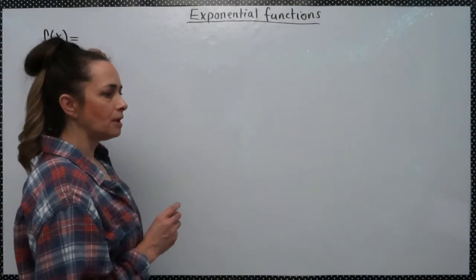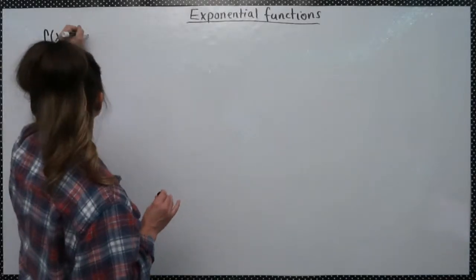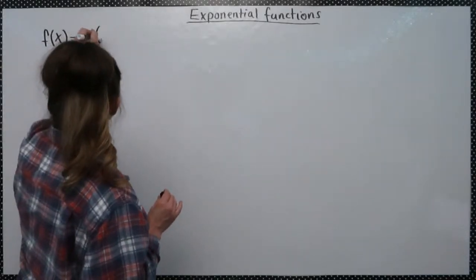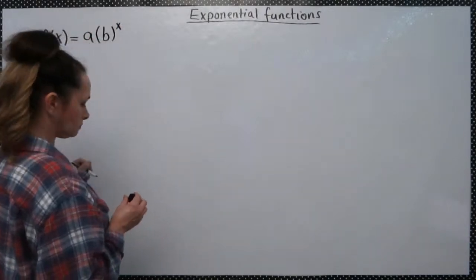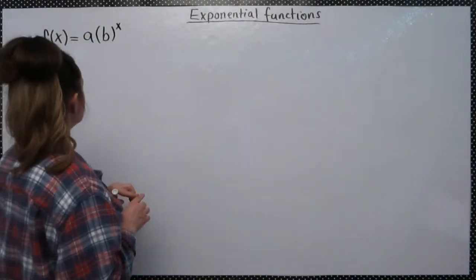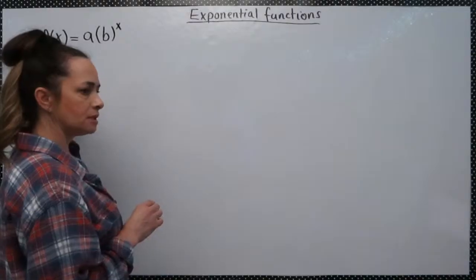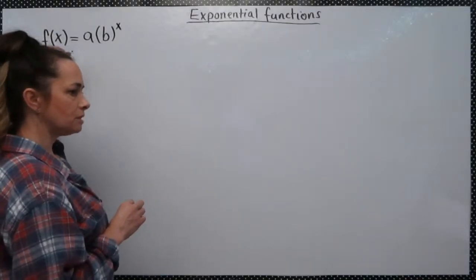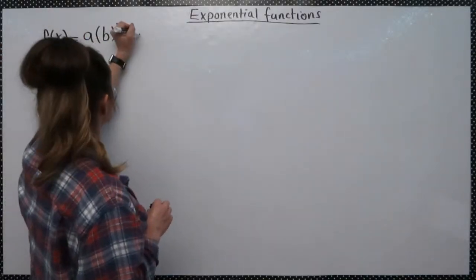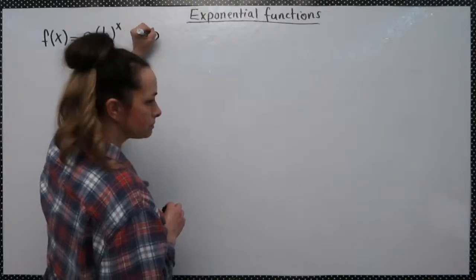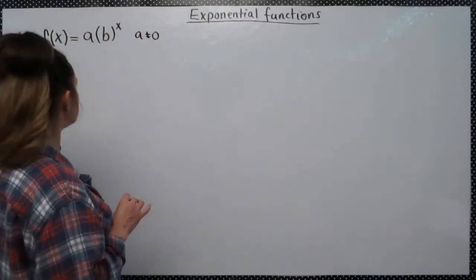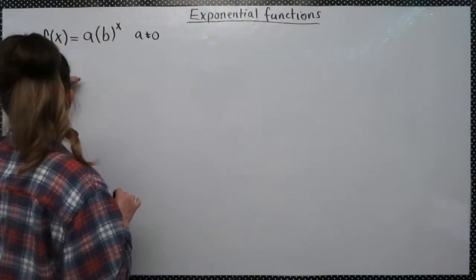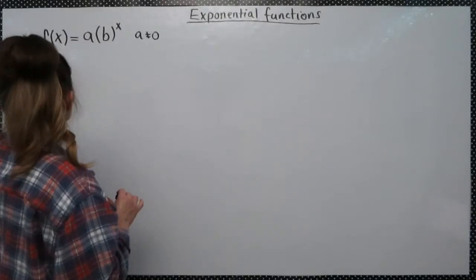It's going to follow this, a times b to the x, where a cannot equal 0. And I'm just going to write this out real quick because we're going to evaluate this function, and